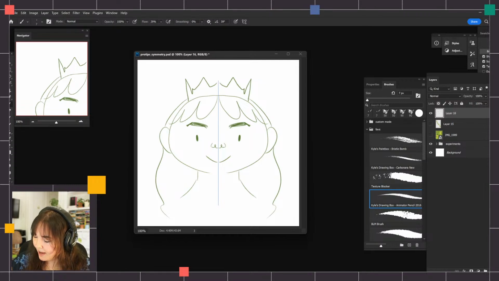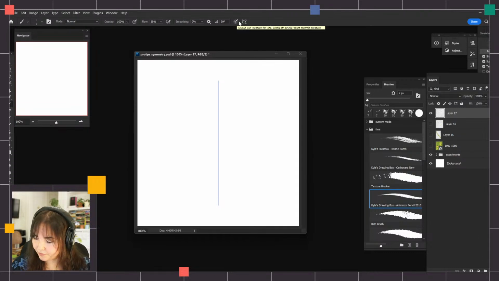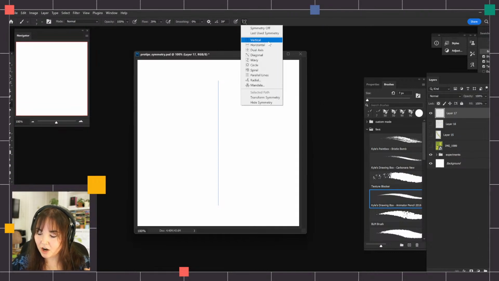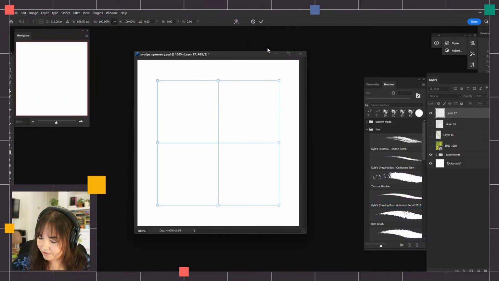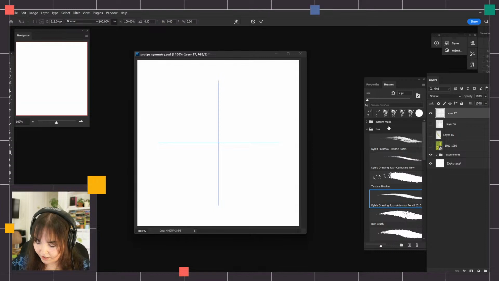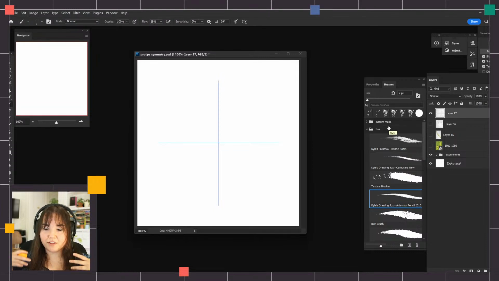So this is the vertical version of the tool, but I want to show off all the other kinds today because when you open up this butterfly list, there are a million different types of uses for this that can be done. So the sky is really the limit. Obviously there's vertical, so you can do this way. There's horizontal, so you can do this way. I love dual axis. This is one that I think will be very useful if you're designing something with borders,